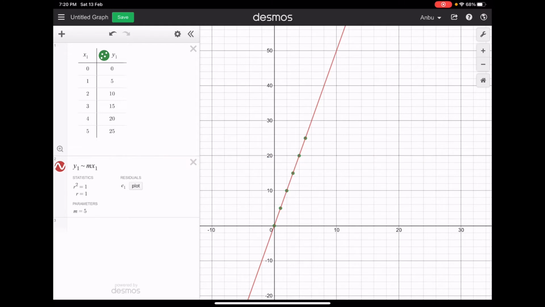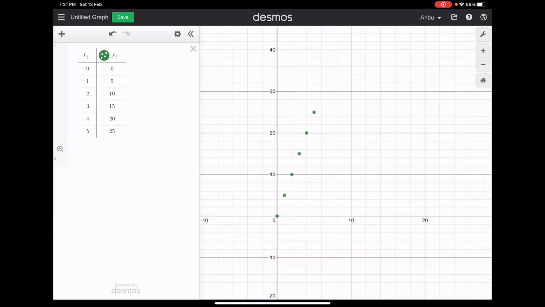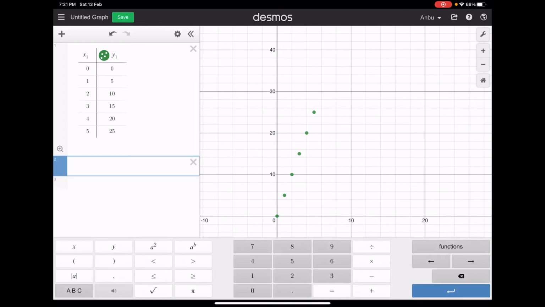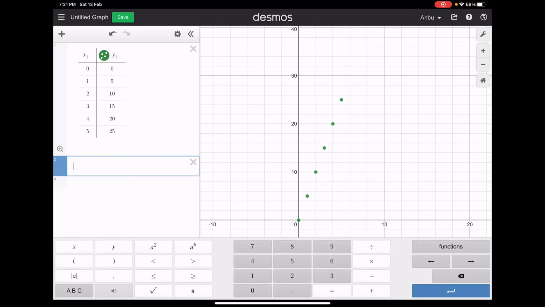In this application, you can instantly get the result from the set of values you have. For example, I have a set of X and Y values. You can add them by the table. You can add the set of values from the table option. After adding the values, you will get data like this, and you have to add the general equation for the trend. From the trend I can see it's a straight line, so I am using y1.